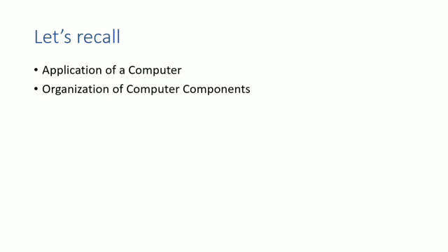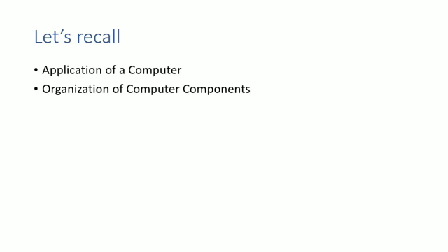CPU is divided into two parts, that is CU, control unit, and ALU, arithmetical and logical unit. So when we give input, it is controlled by the CU, then the CU gives it to the ALU. If it is an arithmetical calculation or logical comparison, that work will be done by the ALU. Then the ALU produces the result. Again, the CU takes that output or result and gives it to the output device.